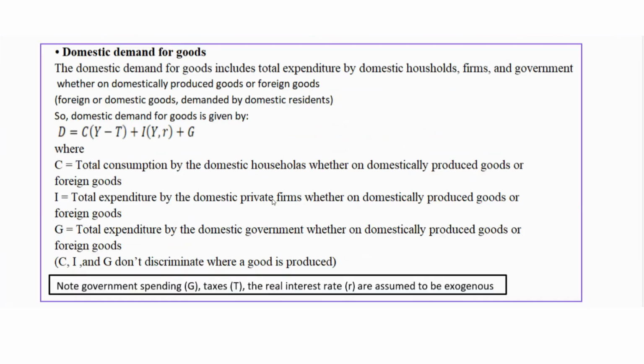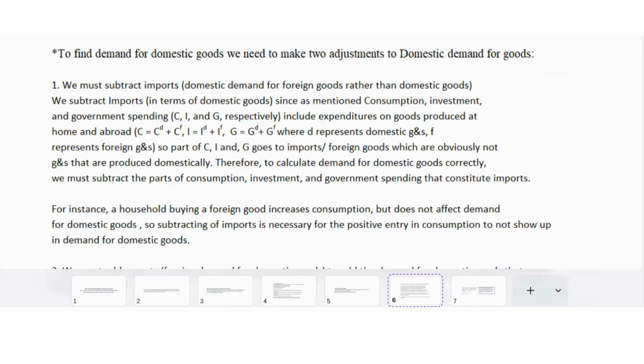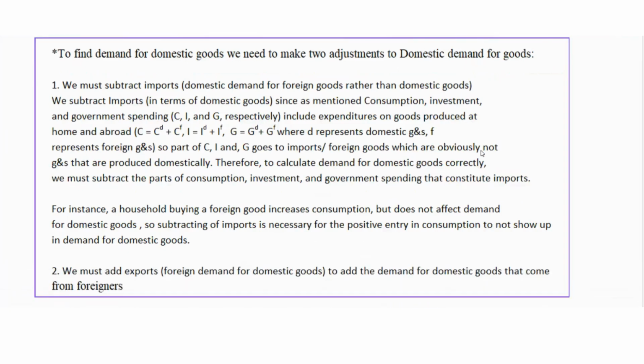So here we can see that C, we said, is total consumption by domestic households, whether on domestically produced goods or foreign goods. And similarly, I and G have a domestic component as well as a foreign component, right? So they include expenditure not just on domestic goods, but also foreign goods. So to find the demand for domestic goods, which is just expenditure on domestically produced goods, we first subtract the